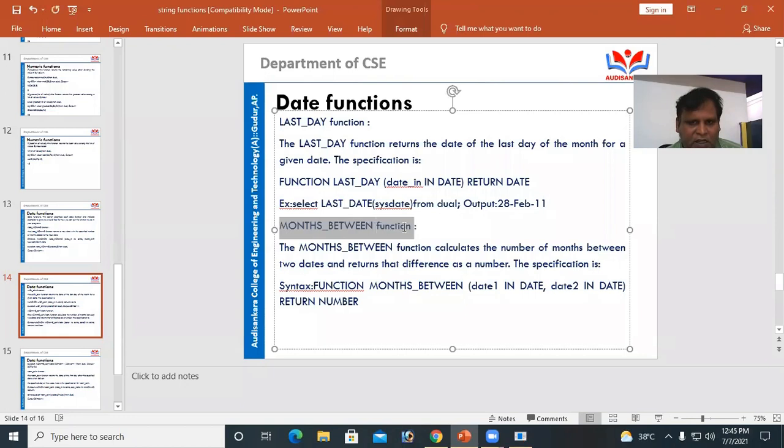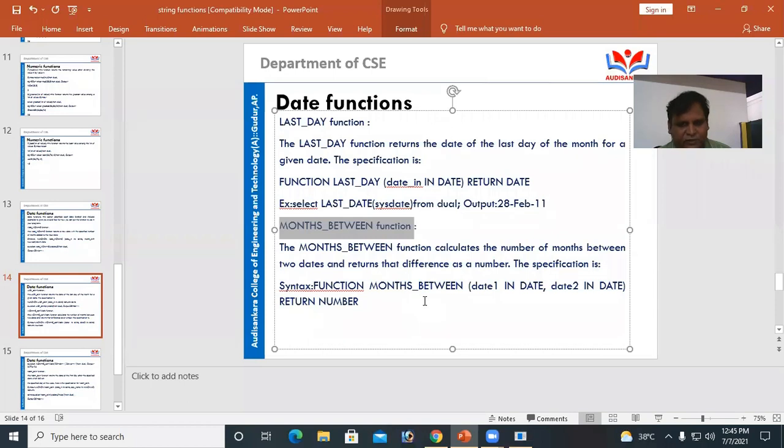Another function is MONTHS_BETWEEN. MONTHS_BETWEEN is also a date function. It calculates the number of months between two dates.